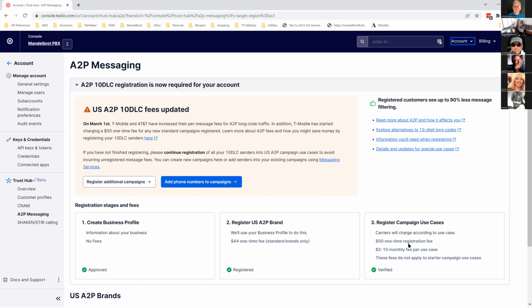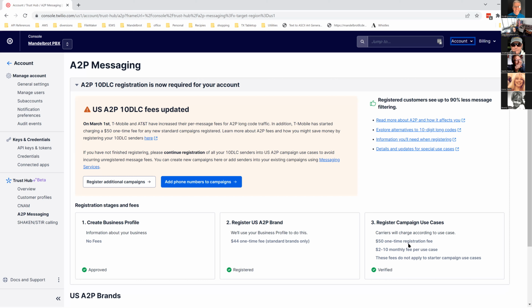But I mean, that's one of the first things that my customers ask me about whenever it's like, hey, we want to do text messaging. What else can we do with the text messaging that you've set up? I mean, we have the code for it now. What if we sent a text message to everyone? Like, okay, well, we can do that, but the best thing to do if you're going to send 100,000 messages is to register your brand, create a business profile.